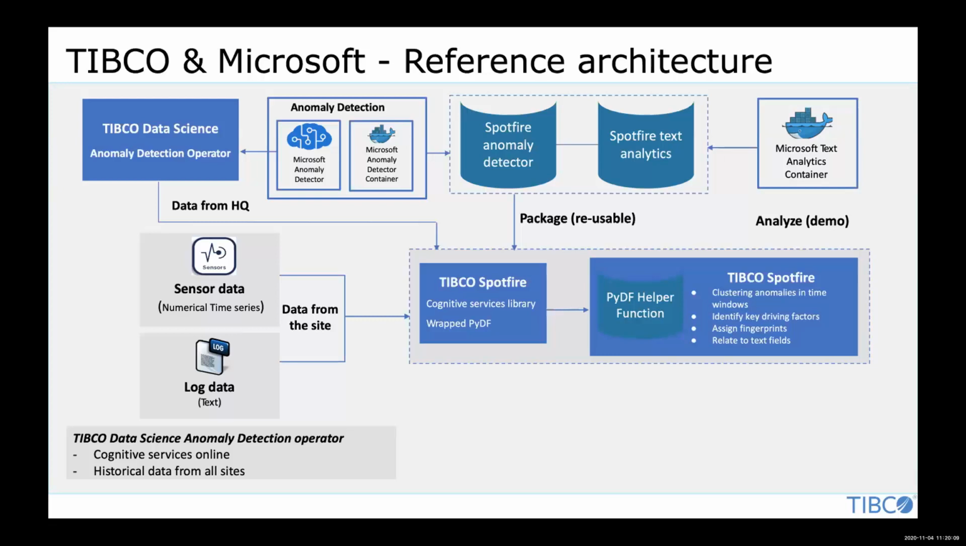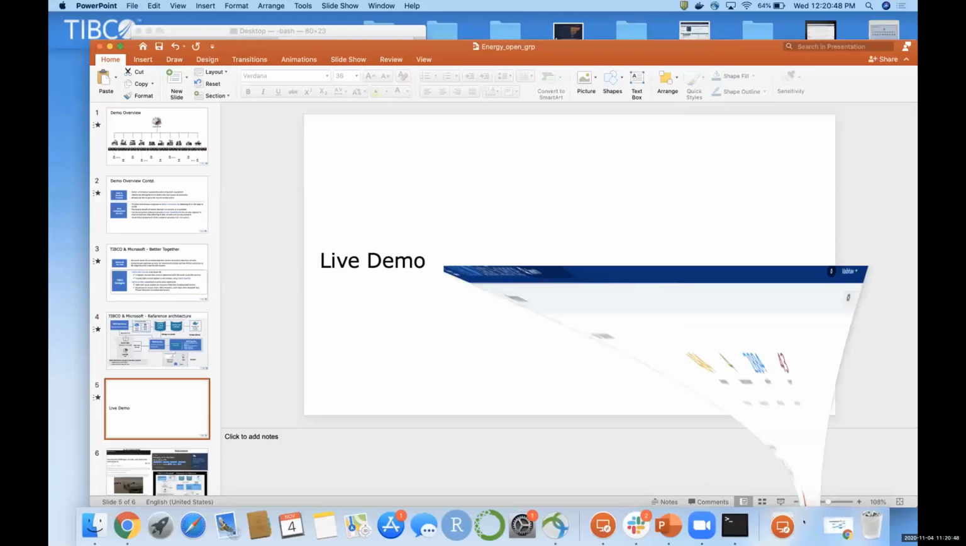And then we seamlessly develop these visuals, which involves clustering the anomalies in specific time windows, identifying the key driving factors, assigning specific fingerprints, and then finally relating to text fields. And then once we have that, we alert the case manager, and obviously a further extension to this could be how we alert through emails or texts, for example. So without further ado, I'm now going to go right into our demo,